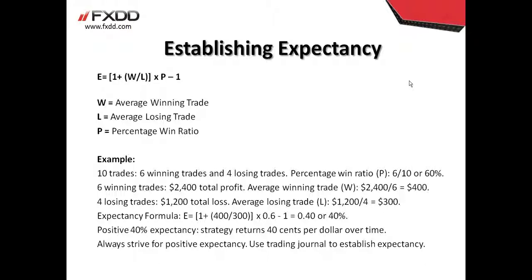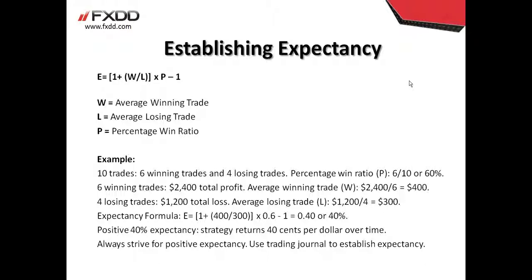But for purposes of keeping this math simple, let's go with 10 trades right here. Okay, 10 trades, 6 winning trades and 4 losing trades. That's from your journal. Your percentage win ratio, or P, will then equal 6 over 10, or 60%. If you have 6 winning trades of the 10 trades, these 6 winning trades were altogether $2,400 in total